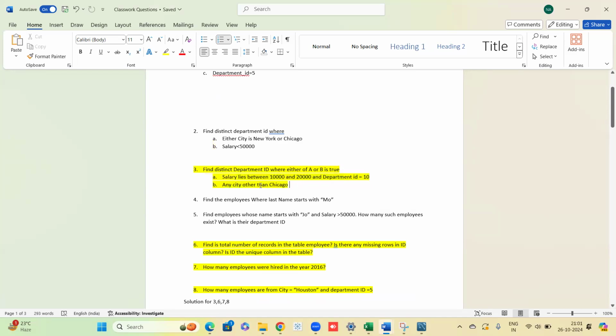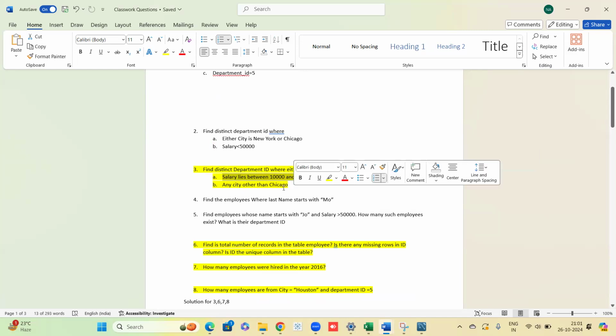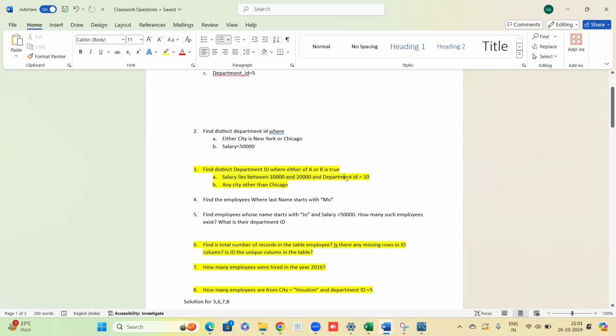The first question which I had asked you to do is find distinct department ID where either condition A or condition B is true. Condition A is a combination of 2 conditions, one on salary and the other on department ID. And the second is any city other than Chicago. So these are the 2 conditions. Because it says either A or B is true, we'll connect both of these by an OR. So the solution for this is